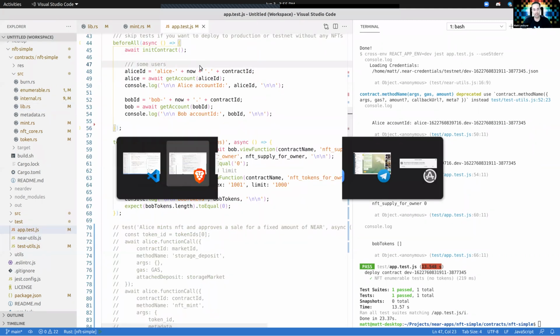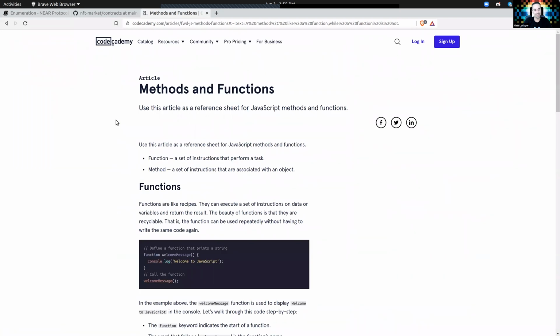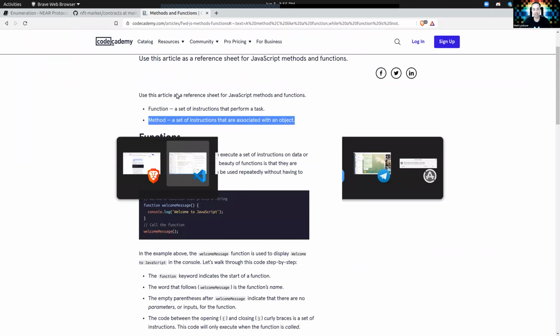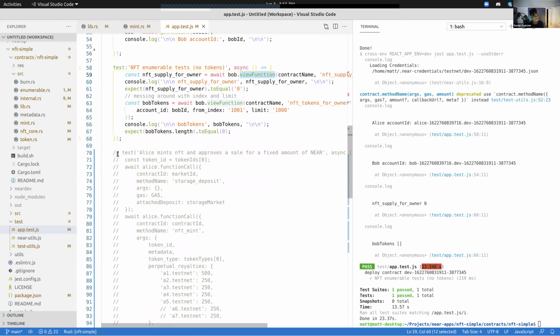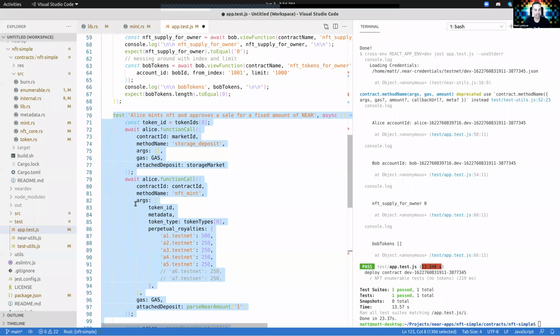What's the difference between a method and a function? Do we know? Is a method something that exists within a class or a struct? Yeah, that's right. A method's associated with an object. So yeah, it's really funny in the near blockchain because we say method a lot because it's associated with the contract. But what really messes me up from saying method all the time is this. Look at our near API.js view function. And then down here, I have it commented, function call, so like, what are we doing? So anyway, that's why I always kind of blurt it out and say one or the other,